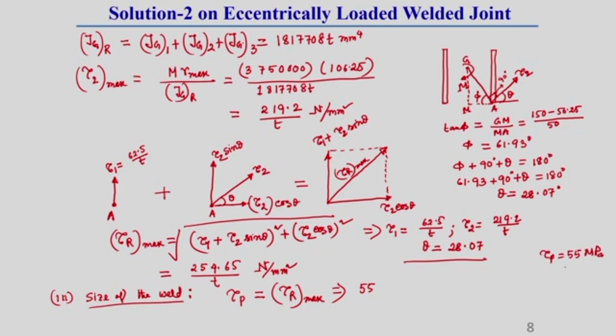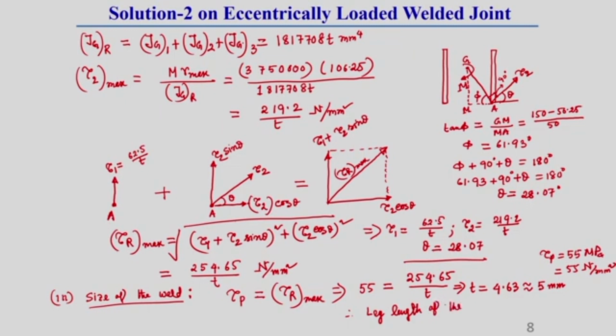We know 1 MPa equal to 1 Newton per millimeter square. So 55 equal to 254.65 divided by t, tau r max also given. From here we can easily find out the throat thickness of the weld. The throat thickness we are getting as 4.63, which we can consider as 5 mm. So the leg length